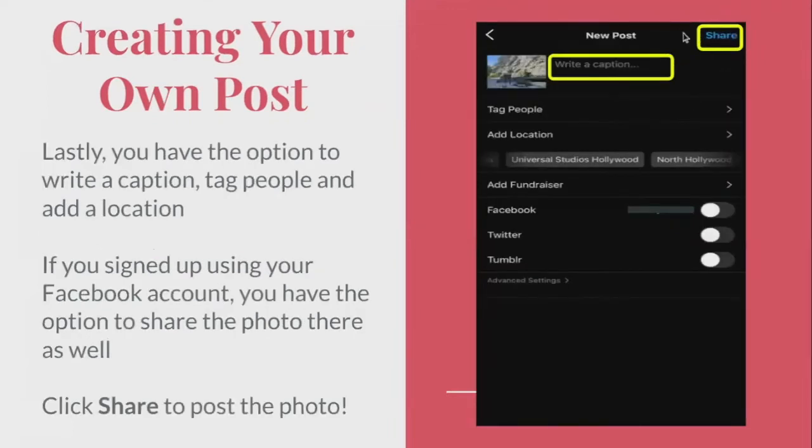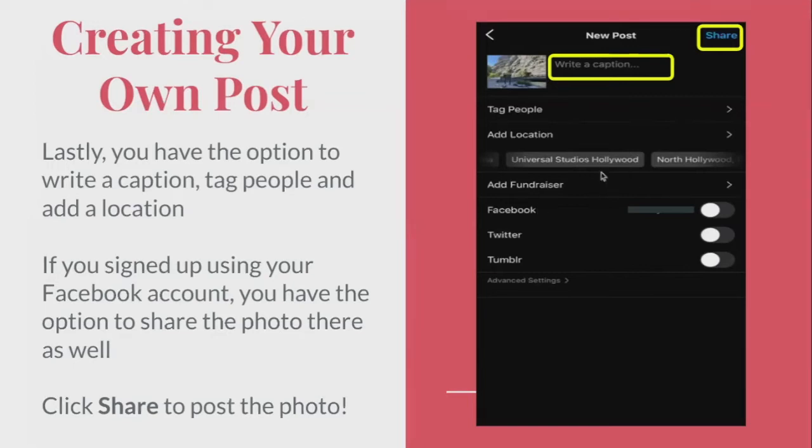You click share when you're done, but here you can write a caption. So you can say something like enjoying nature. You can also tag people if you take a photo or you're with someone and you want people to know that. You can tag the people who you're with. You can add a location, so you can add wherever you took the photo. Some people like to add locations that they're not really at. It's kind of a joke.